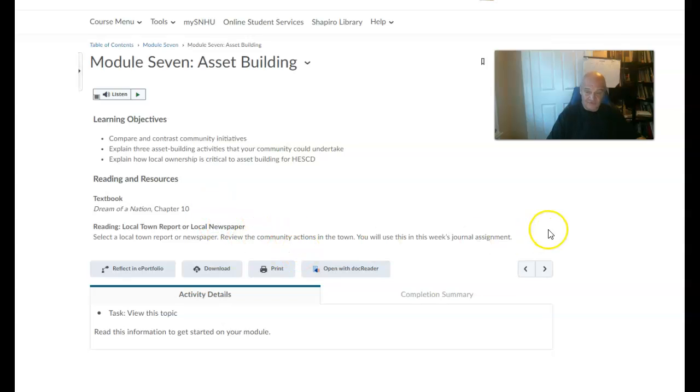You're going to have to read a local report, from wherever your community is. It could be, I'll expand it, it could be a website. Something you stumble upon, or something that you're currently involved with. So I'll allow that too. Let me give you an example from my own initiative, and I've had to think about this.